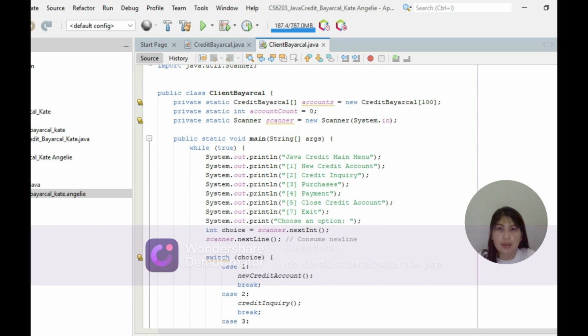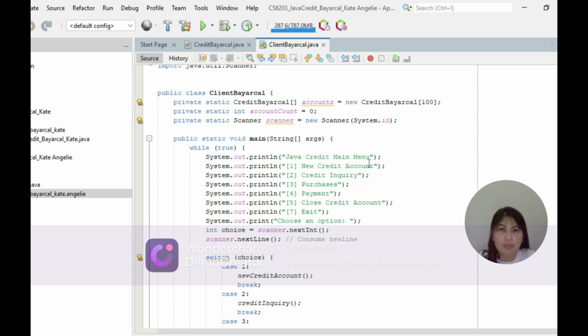So here is the public static void main(String[] args), and then the bracket, while (true). So System.out.println, the Java credit main menu. This will command in every option.